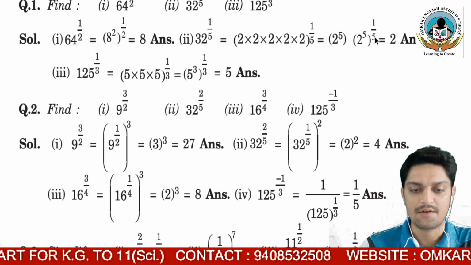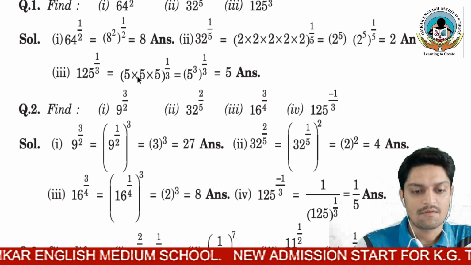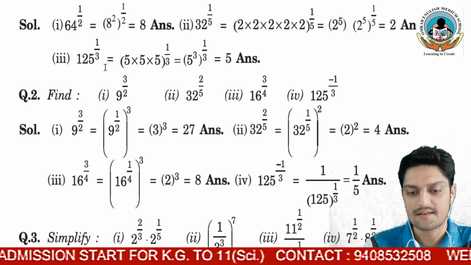So the fifth root of 32 is nothing but 2 only. In the same way for 125, you all know 125 is 5 cubed, and here the power is 1 by 3, the cube root, so 3 and 3 cancel, and 5 raised to 1 is 5 only, so 5 is your answer. So these are all the things in question number 2 here you can see.